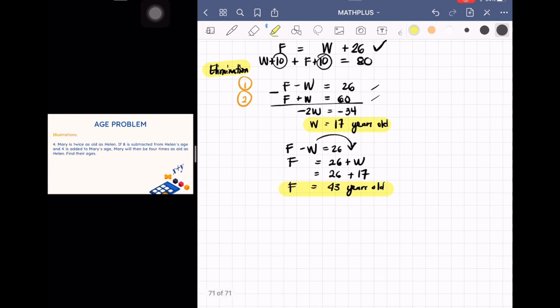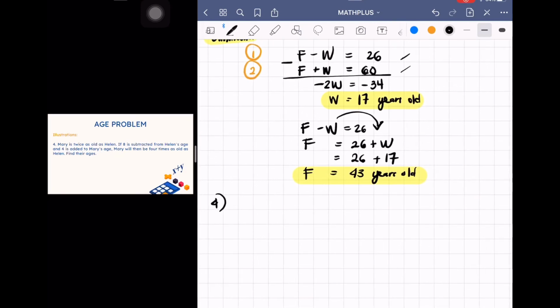Okay? Let's go to the last example for age problem. Number 4. Mary is twice as old as Helen, so we have present. If 8 is subtracted from Helen's age and 4 is added to Mary's age, Mary will be 4 times as old as Helen. Find their ages. So if I'm going to represent the persons' names, I have Mary and Helen. So the present representation would be